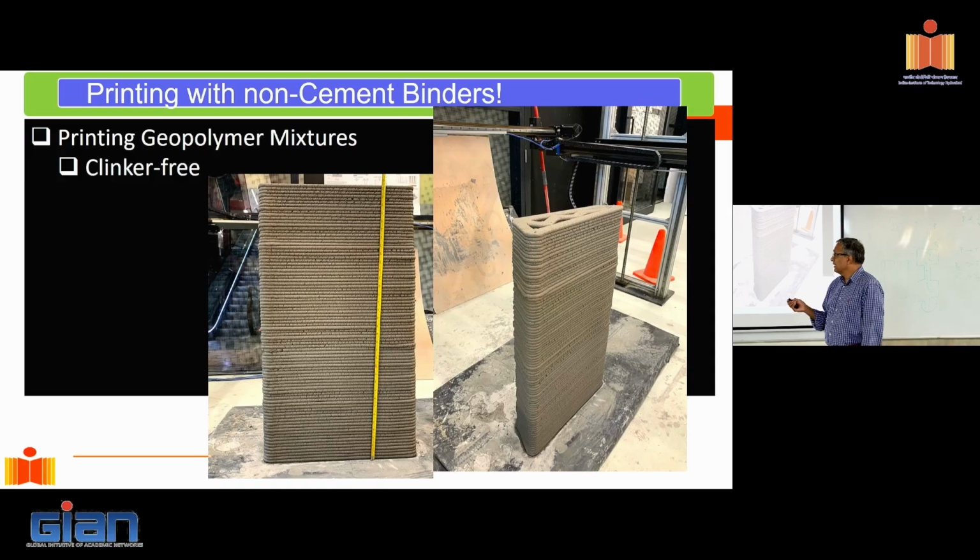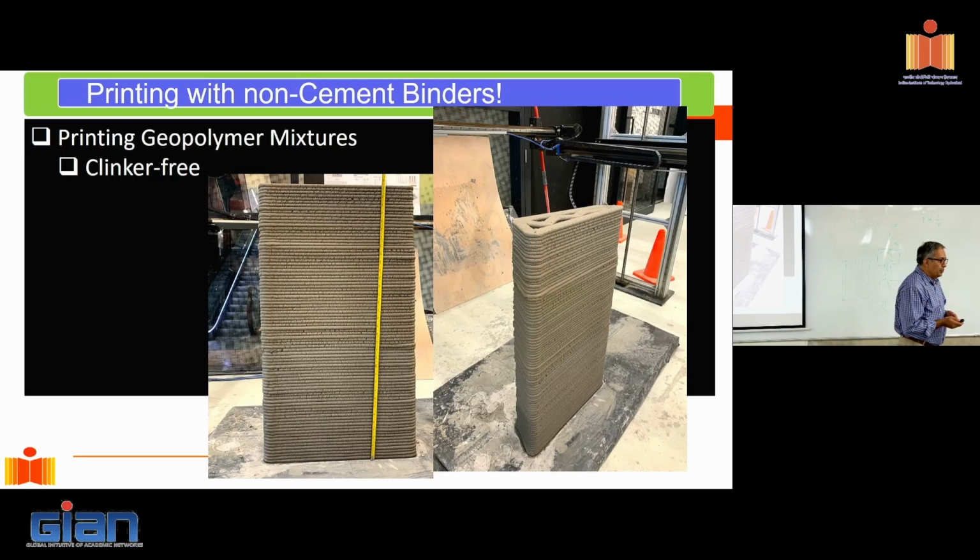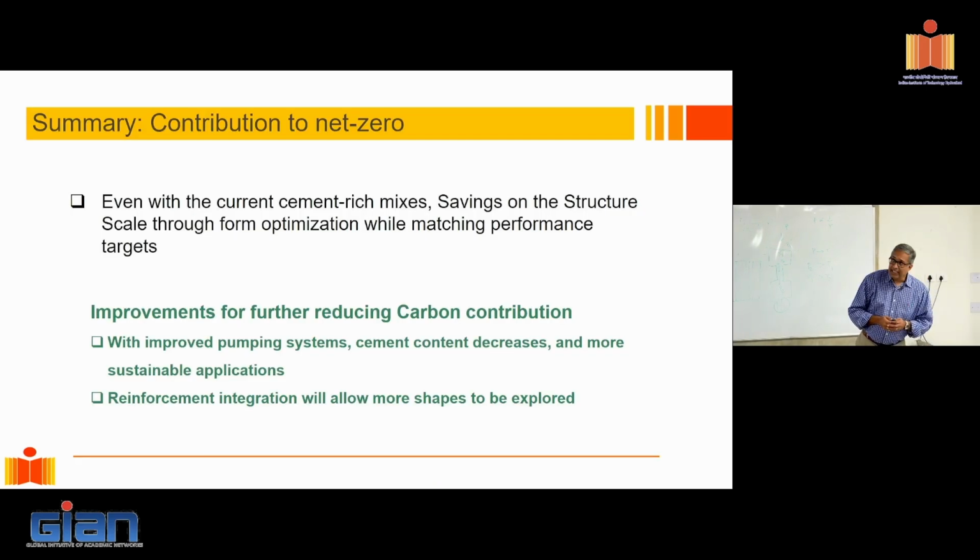Now, of course, this is not a legitimate solution for everybody. Your starting point, we have plenty of it. In India, we are still burning coal and we get plenty of fly ash. So for us, this is potentially a great material. If I can start printing with this, my net carbon tag would be very, very small for the structure, right? And that we believe is going to be the future. So in summary,